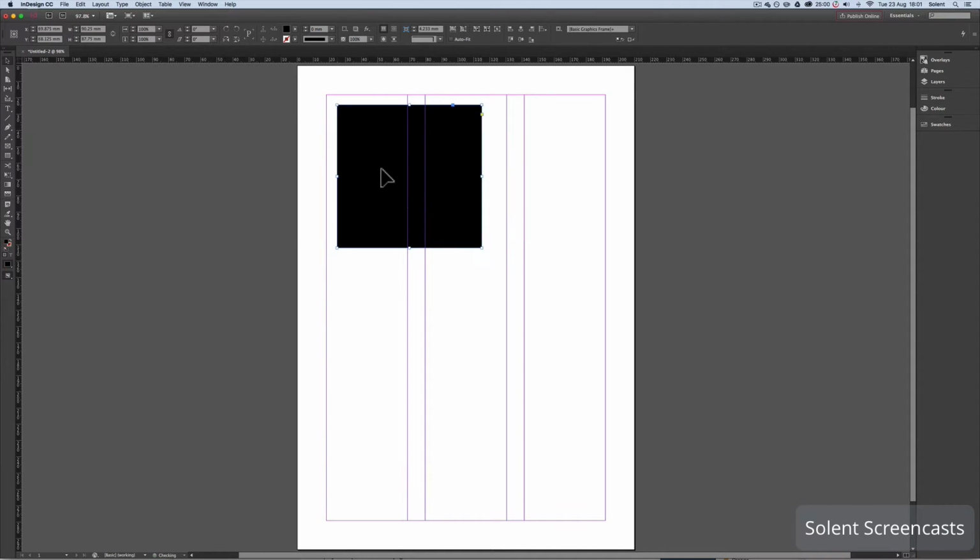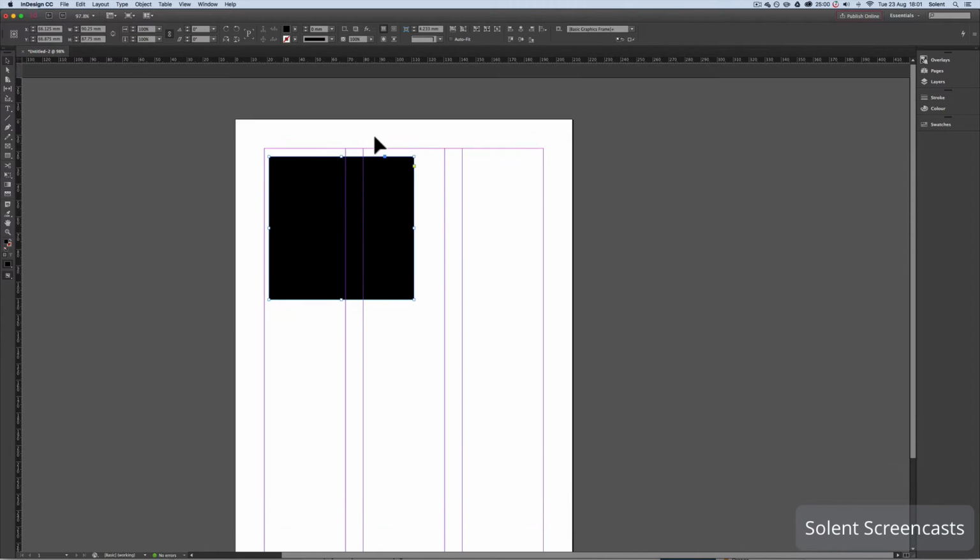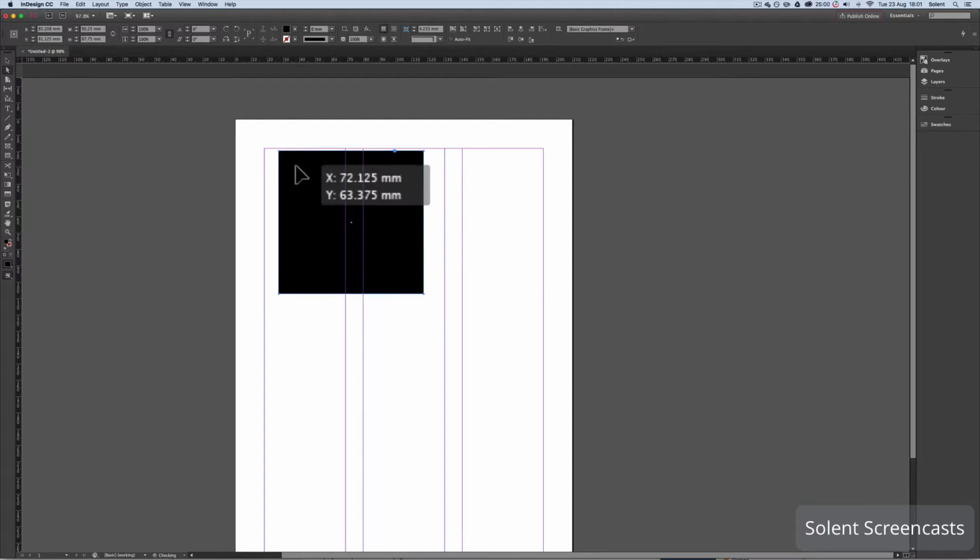Selection tool is quite common in design programs. In Adobe ones, it's black, and what that means is just getting an object and moving it around. Now underneath that you have the direct selection tool, and it can move objects around, but if you have separate